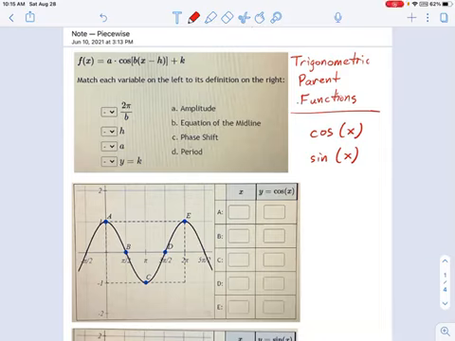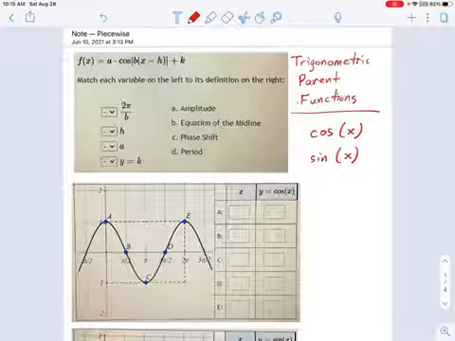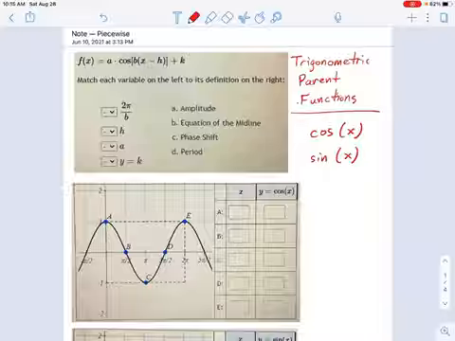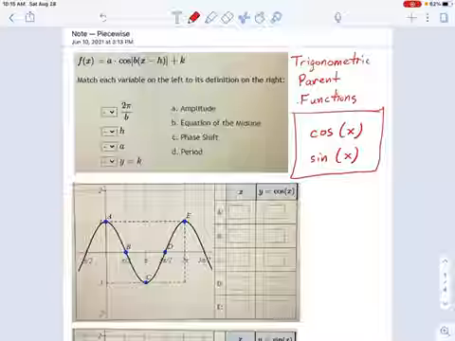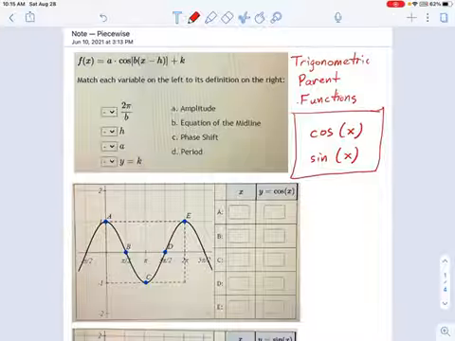Now it's time to introduce the two trigonometric parent functions that we'll be using a lot in this chapter, called cosine and sine. And we've been using these before, but not in a graphing sense. So I want you to think about the transformations that we used to do with functions like the x squared function and the square root function and absolute value of x. Those were parent functions, just like these are parent functions. They have a basic shape, which is not going to change unless you do something to it, called a transformation.